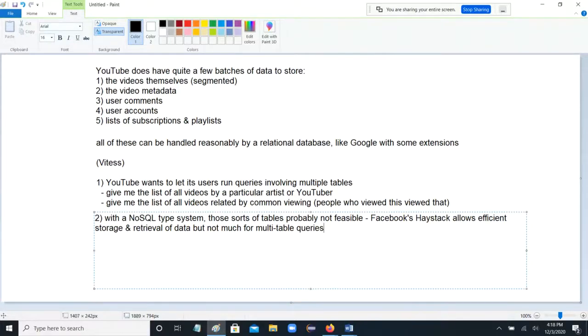All right, so what else? That's what YouTube wants. That's why a regular NoSQL type system isn't really feasible. It's efficient for storage, but again, the fact that you could have different data formats like in a key value store, it would take too long to do multi-table queries. It would be very, very slow. Okay, other additional features,